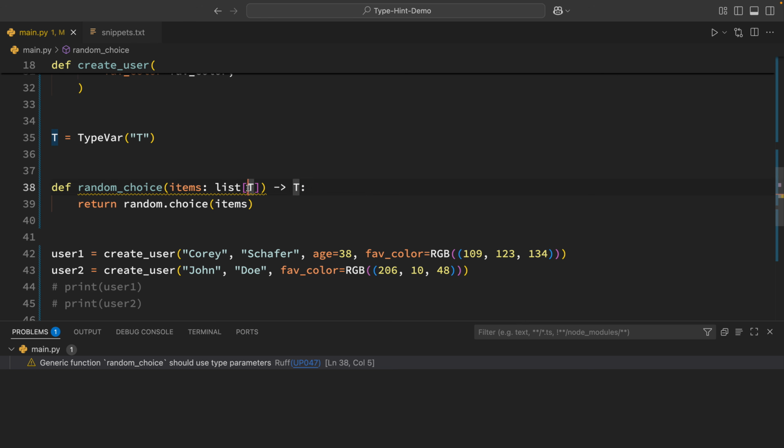So if we take in a list of users, we're going to return a user. If we send in a list of strings, we are going to return a string. So it's keeping these types consistent throughout, and there's a connection here between the input and the output, if that makes sense. Now, the code styling warning that I'm getting here, I believe what this is,